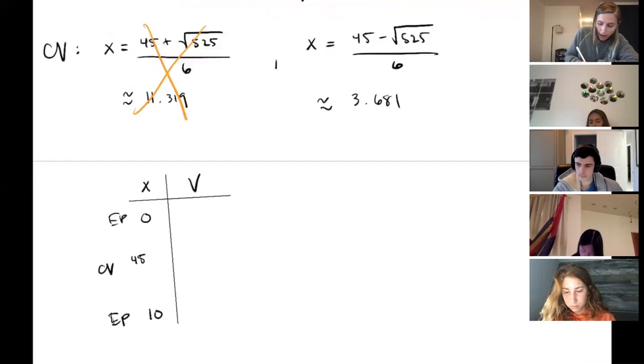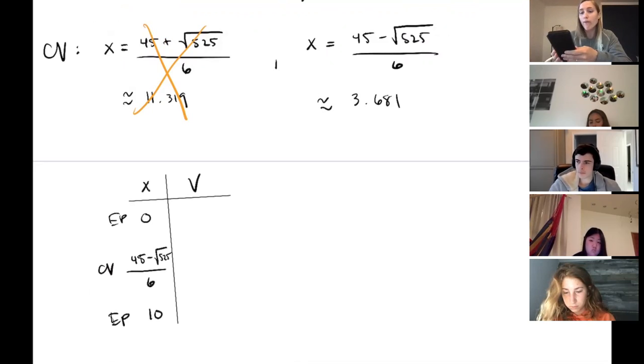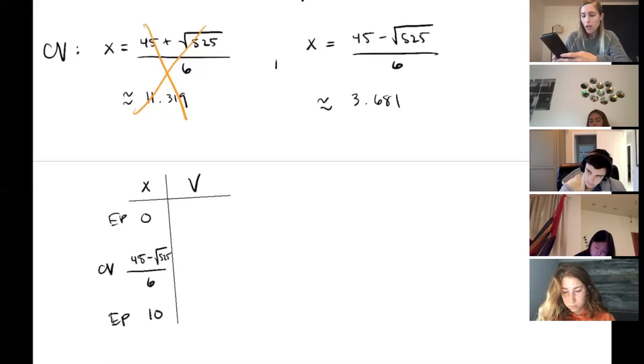So use 45 minus the square root of 525 divided by 6. If you want to store that under a letter, I'm just going to type it in here again. So if you have 45 minus the square root of 525 divided by 6 typed into your calculator, you can